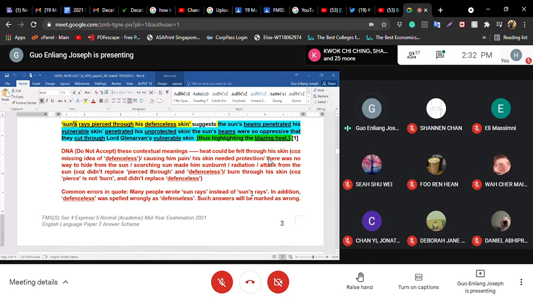When you copy the code, you must copy in exactly the same words and word form as it is from the passage. You cannot just take out the apostrophe S because you don't want to. You are careless, all right, or you just happen to forget about it. You must copy in exactly the same form. So when there's apostrophe S, you must copy the apostrophe S. All right. So if you write sun rays without apostrophe S, right, the whole code is wrong. It's a cross there. And you need to even see the blue and the green part. It's wrong with the whole thing. All right. So when you copy the code, it must be copied in exactly the same words and word form as it is from the text. Please do not change anything.